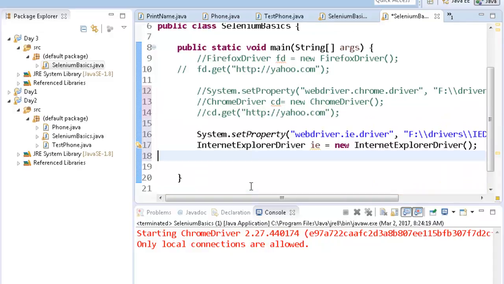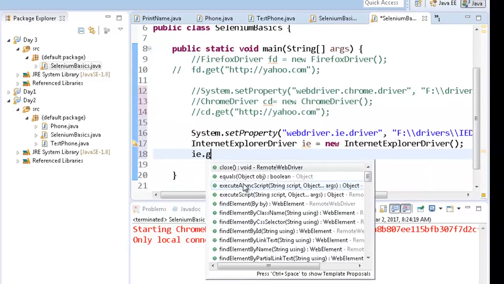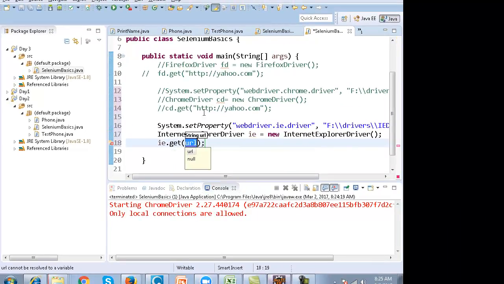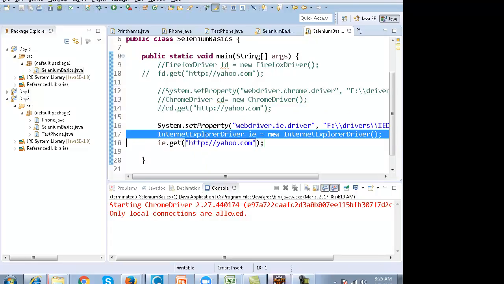Okay, you can write i.get to yahoo.com. So you can use, every driver has got its own non-static functions which you can use.